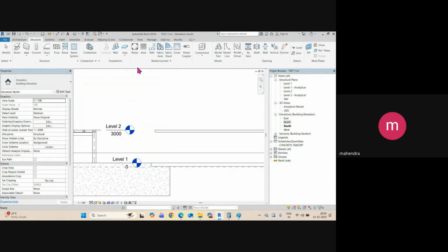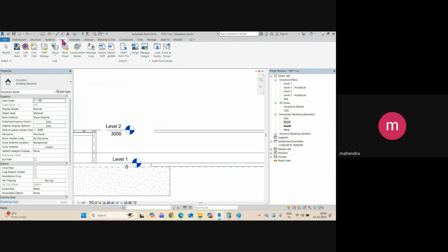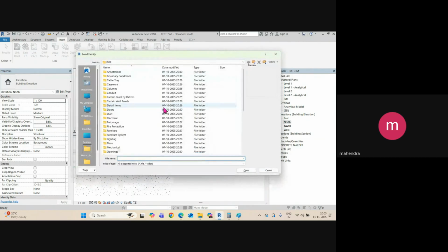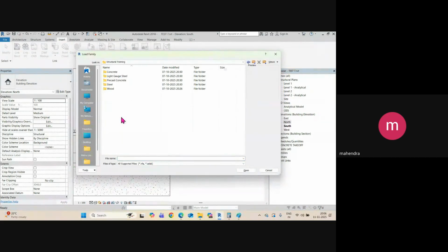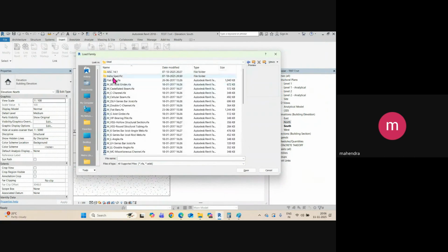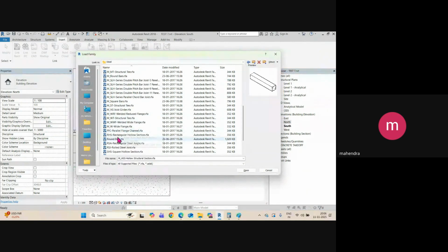एल शेप दिया है, आई सेक्शन दिया है, एसएचएस दिया है, सब दिया है। सर, आई सेक्शन जो दे रखा है वो अनइक्वल मेंबर का दे रखा है, इक्वल मेंबर का नहीं दे रखा है। सब दे रखा है। अगर आप यहाँ पे जाओगे लोड फैमिली, तो यहाँ स्ट्रक्चरल फ्रेमिंग, फिर स्टील में गया मैं, यहाँ पे देखो HSS है, इक्वल, अनइक्वल, RHS है, और इक्वल भी दिखाता हूँ मैं आपको यहाँ पे। एक मिनट, ये इंडिया पे देखता हूँ।